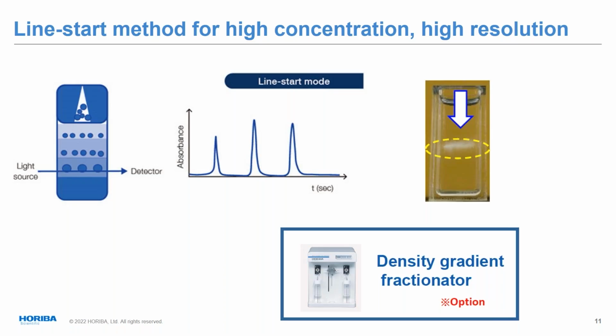And then down at the bottom, you can see it's a little bit tricky to make these density gradient fluids. And so we have an option where we will do that for you. One of the typical cases we do is we work with sucrose, essentially sugar and water. We then put that mixture into the cuvette and we make it up in this density gradient fractionator. And so now you've got exactly a known density gradient,